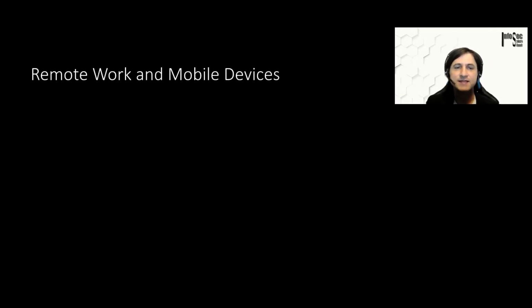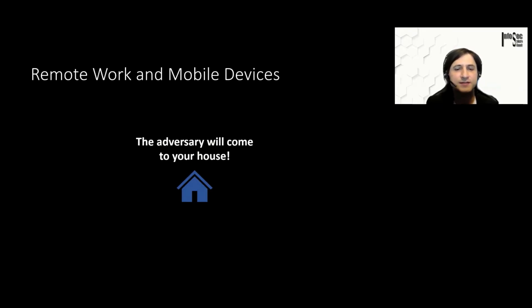And what this really means, if you think about the remote work and mobile device environments, is that the adversary will now actually come to your house. This is really new, but it will be the new norm, because you work from home. If your company gets compromised, your computer gets compromised, your home environment also gets compromised. So I guess in a way, you also need to implement zero trust within your own house. Otherwise, your company can compromise you or your home environment. That is something to really think about and consider, that the adversary will come to your house.